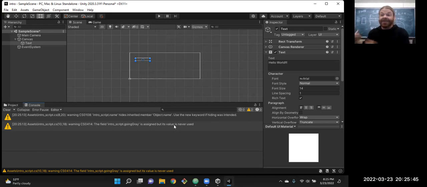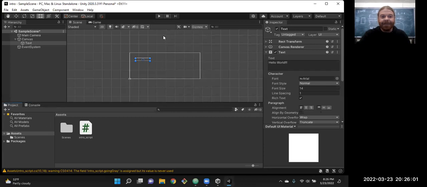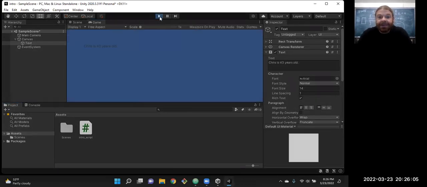Obviously name is something that shows up internally to the system, so it's going to hide the default C# version of name and use the name that we wrote instead. That's what that warning's about. I was only expecting one warning there, that's why I had to pause and look at that. But no little red marks to say there was an error. So I run the game and we see that sentence pop up.